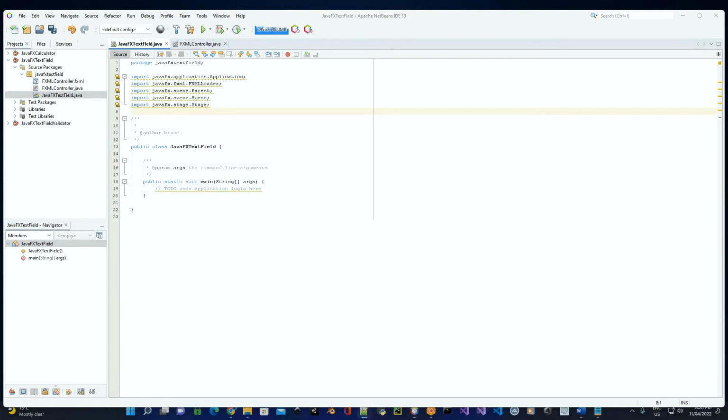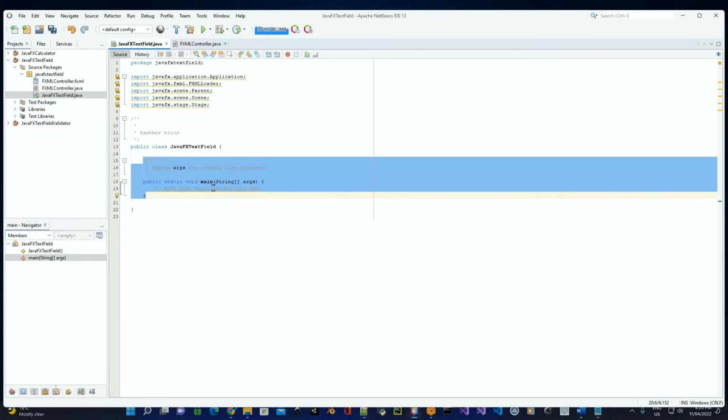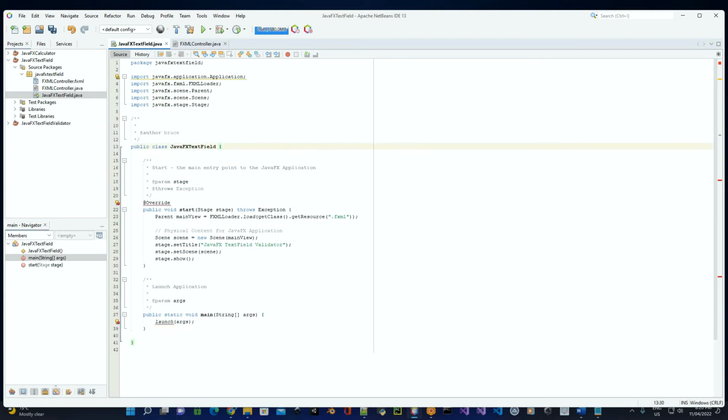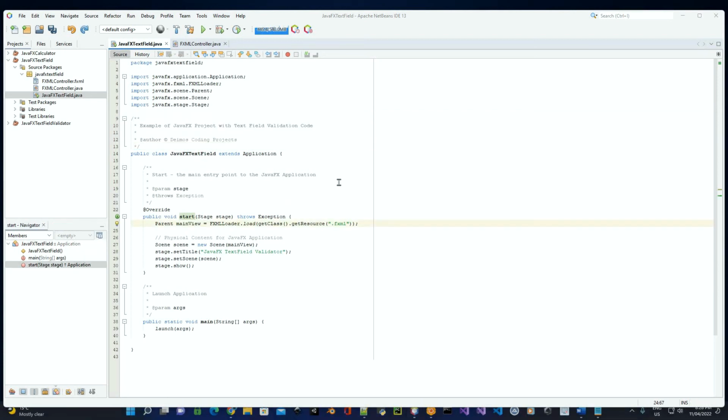Then for the main guts of the actual program, which we'll need to extend the application class. And I'll actually add in the comment, just to describe what this does. Now there's just one extra little bit we need to add in, which is actually loading in here the FXML loader, the actual file name, FXML controller. So we'll just type in here